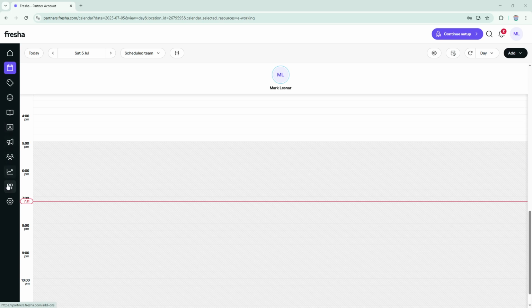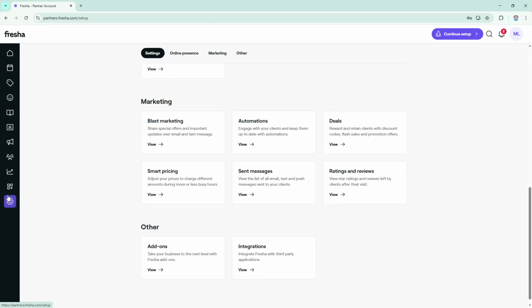Locate the gear icon on this menu. It usually represents settings and is an essential tool for customizing your account. Once you've spotted the gear icon, go ahead and give it a click. This will take you into your workspace settings, a feature-rich area where you can adjust and personalize many aspects of